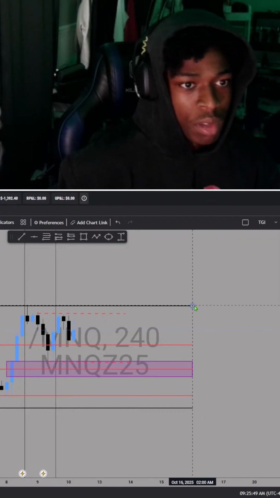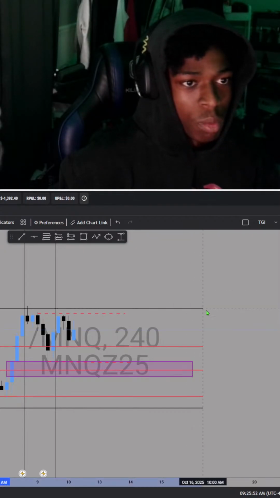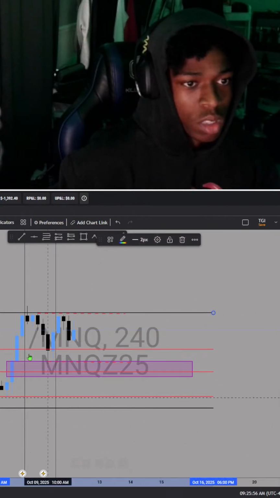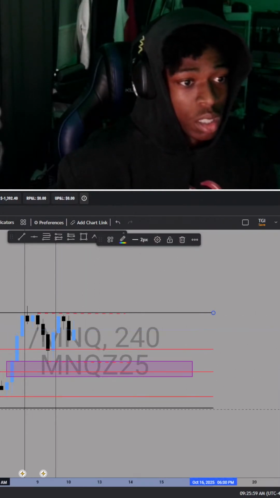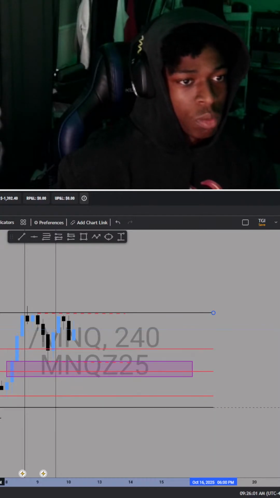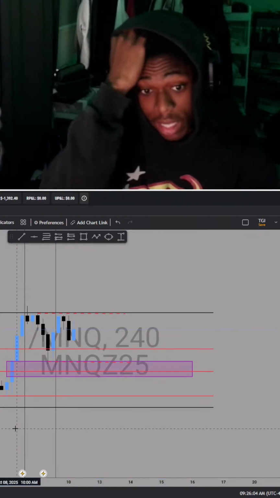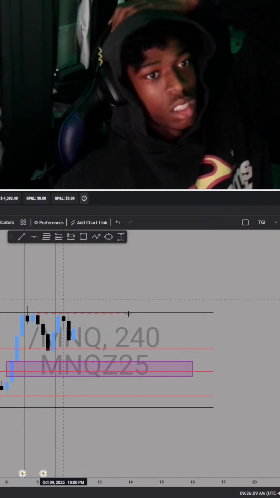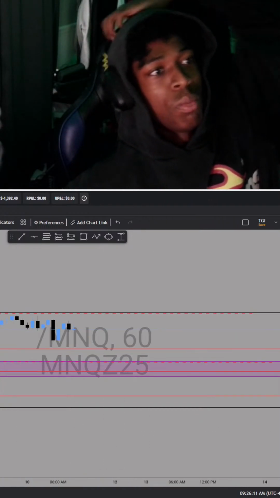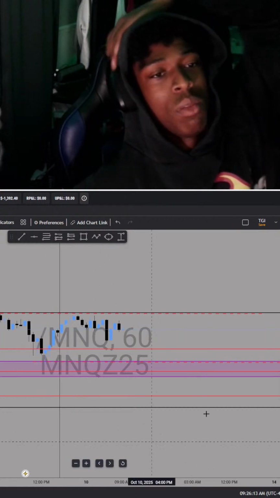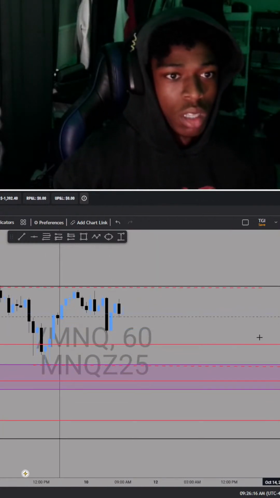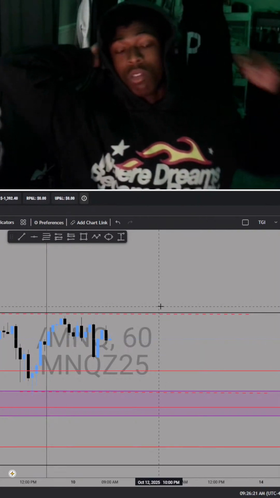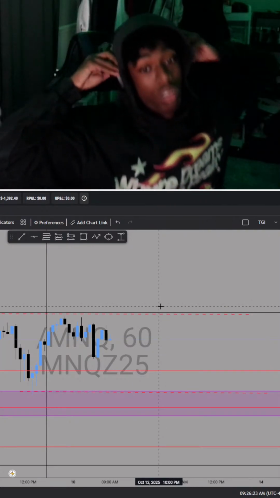Okay, so we don't really got a fib from this level. But if we pull it to this high, right here, still no fib level here, really. I ain't gonna try to force it, there's no fib level. But like I said, it's a 3 confluence trade, so I already got 3 confluences. I don't really need 4 confluences, but it would make the trade make a hell of a lot more sense. I just gotta see how we open up really, so I ain't gonna try to force nothing. I'm gonna stay patient.